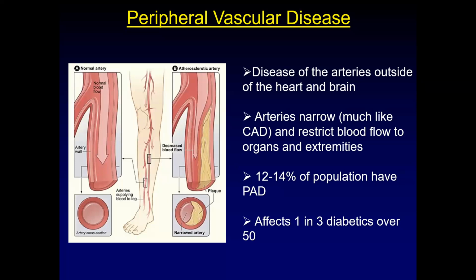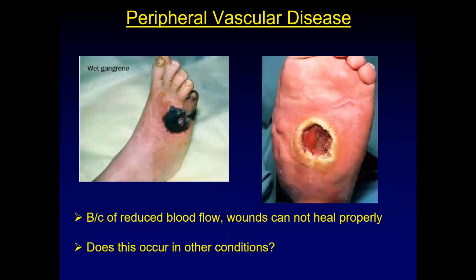And so you may think, well, Dr. Black, that's fine, my leg's not going to fall off, it just hurts when I exercise. What can we do about this? Well, one of the big problems, leading into the next slide, is that poor circulation means wounds will not heal. You can get gangrene in your foot. You get a lack of blood flow, you can't get immune cells there, and the tissue does not have enough vascularization to help it repair. Then you can get a thing that looks like this.